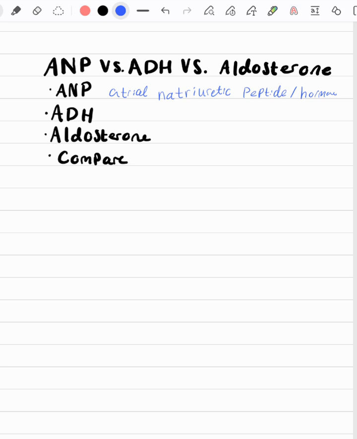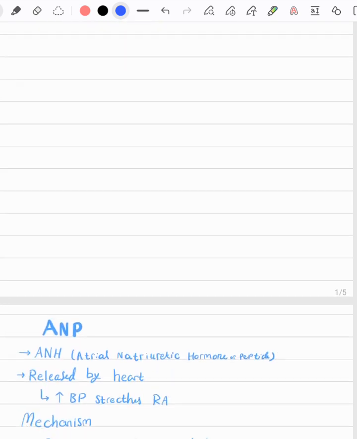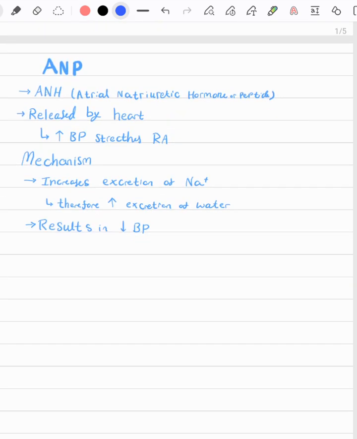And then ADH is Antidiuretic hormone, and then there's aldosterone. So I just want to go over what these are and compare and contrast them a little bit. So first, ANP is atrial natriuretic hormone or peptide, and this is released by the heart. So atrial, as it sounds, you have